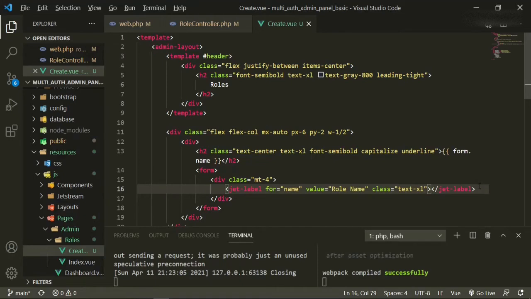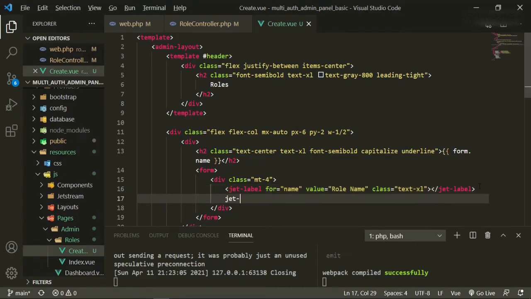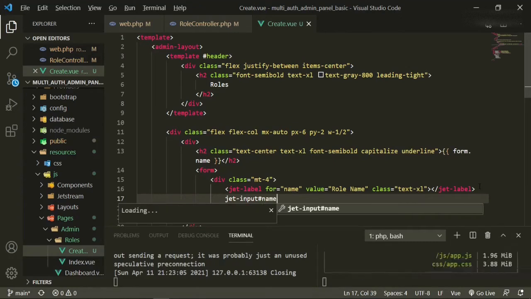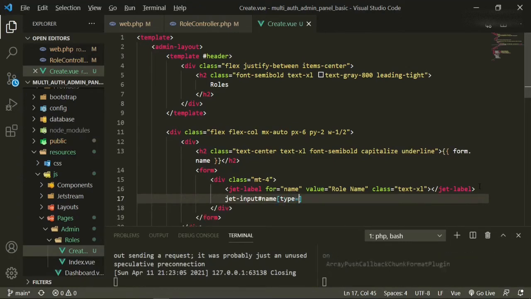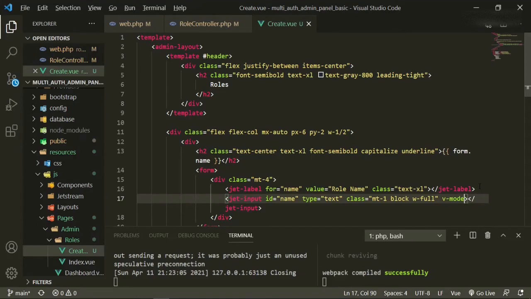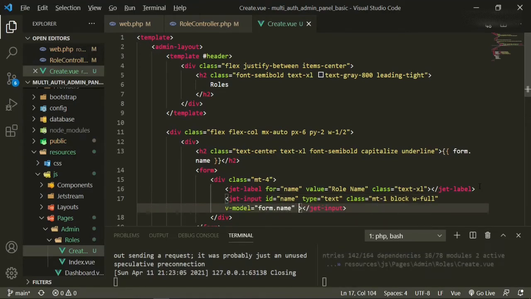Okay, and then under this we're going to add jet input with the ID of name, the type equals text, okay, and the classes on it will be mt-1 block w-full, and the v-model will equal form.name,